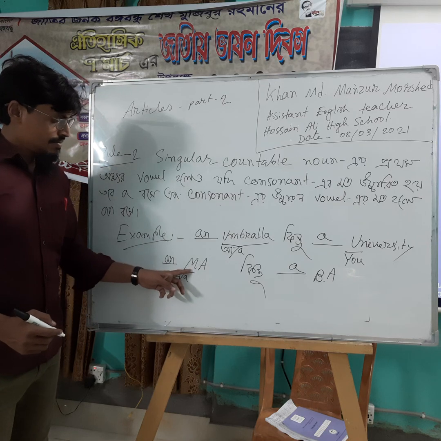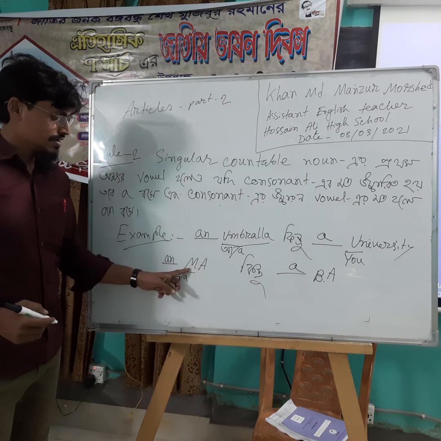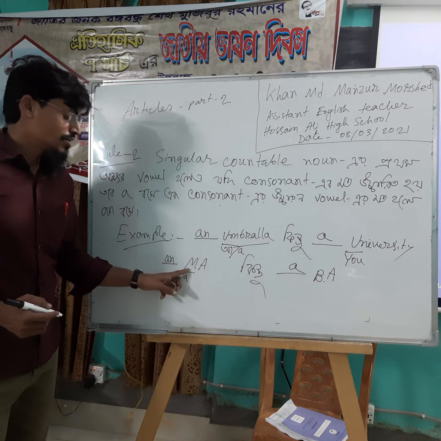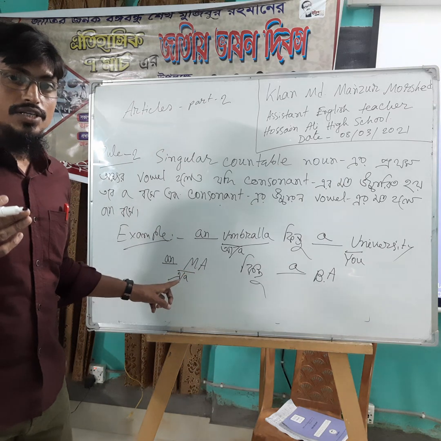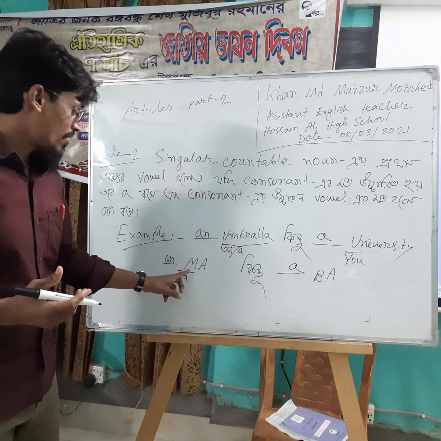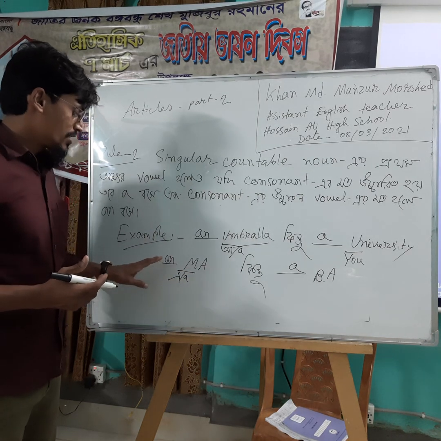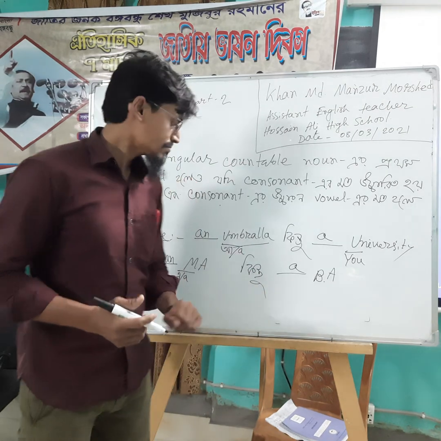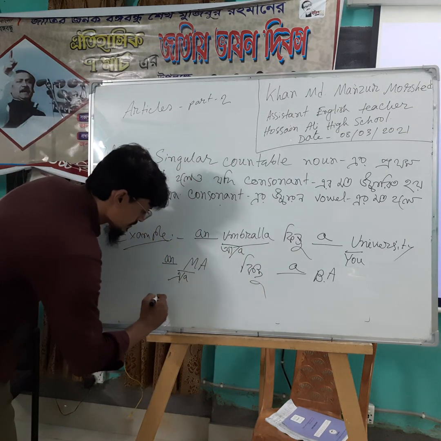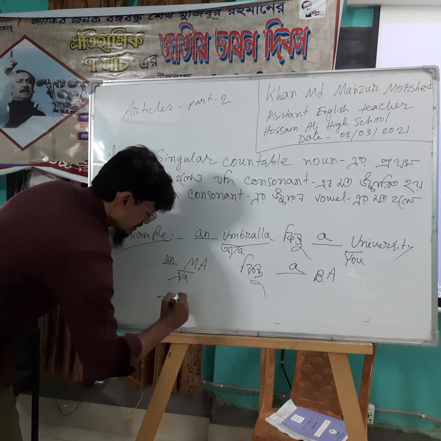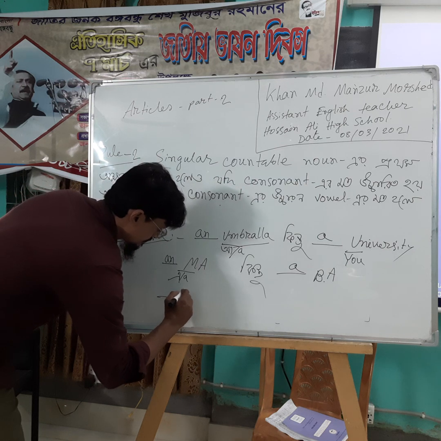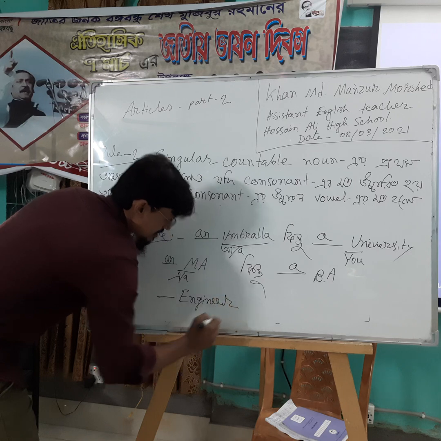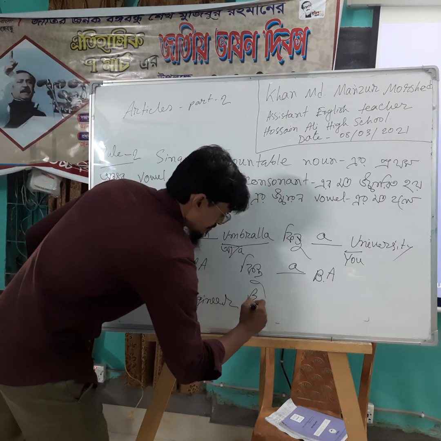But here, masters of arts, M is also a consonant alphabetically, but when you pronounce M, it sounds like a vowel. So we use N before MA, but A before BA. Another example. Engineer,